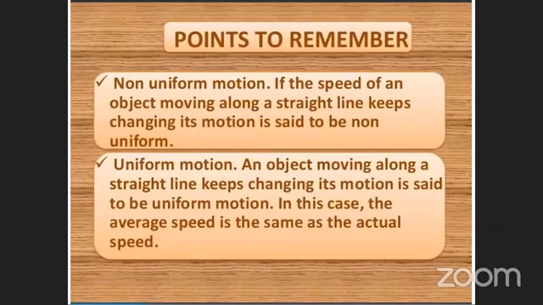Okay, now we will move to our next slide. First let us see what is non-uniform motion and what is uniform motion. In non-uniform motion, if the speed of an object moving along a straight line keeps changing, its motion is said to be non-uniform motion. That means what? If the speed of the object, earlier we have